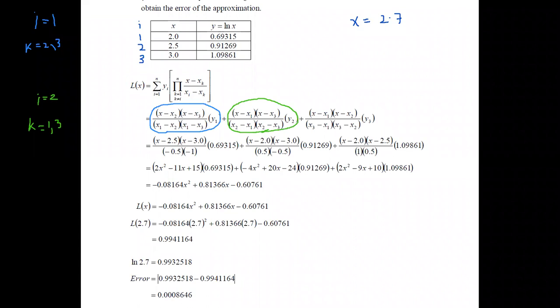And the next set of values would be just as i equals 3. If we set i equals 3, then we can say k equals 1 and 2. Therefore, substituting these values, you can easily obtain this set of values. It means x3 minus x1, x3 minus x2, then you can just replace x3 with x to obtain the numerators, and then all these terms have to be multiplied accordingly with y1, y2 and y3 respectively.